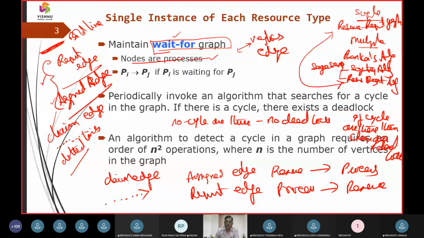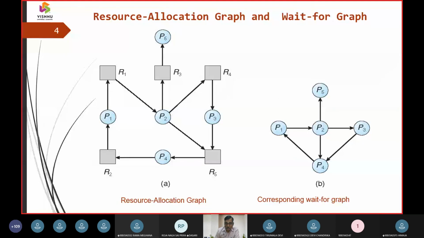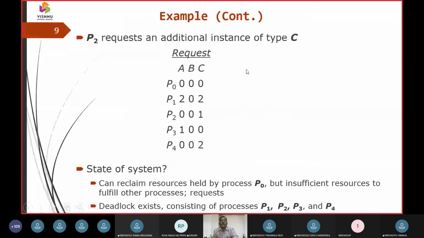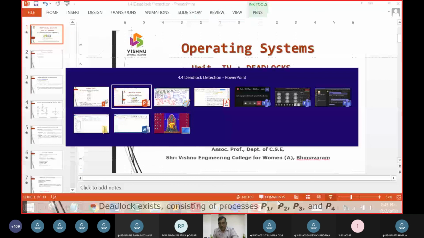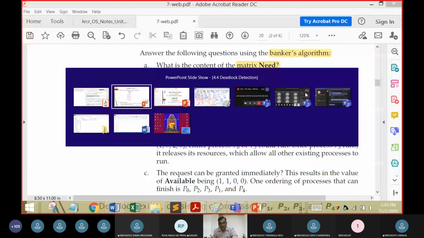In tomorrow's class, we will take up how the resource allocation graph is handled, and we will reiterate the deadlock detection algorithm, and we will take up the second case here. How does the deadlock happen, and if an additional request is given, how is it going to be handled? This was already mentioned in the third part, right? If a request is raised with 0 4 2 0, how is it going to be handled? That is the question raised. For that I have to teach you this example. After deriving this example, we can work on the same example again.